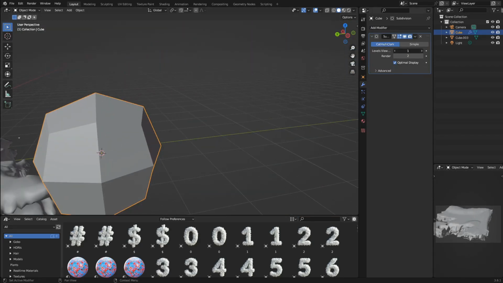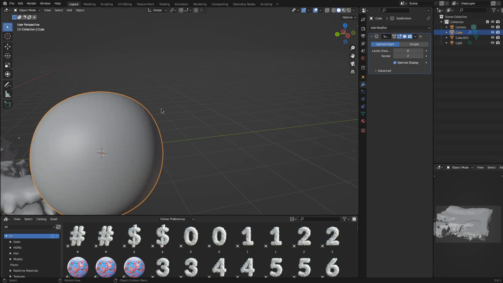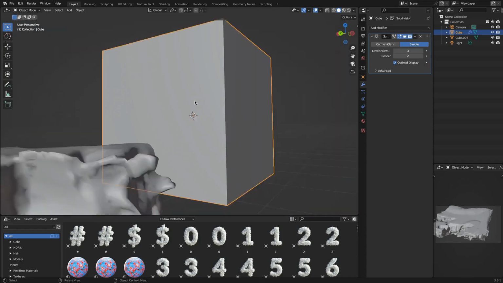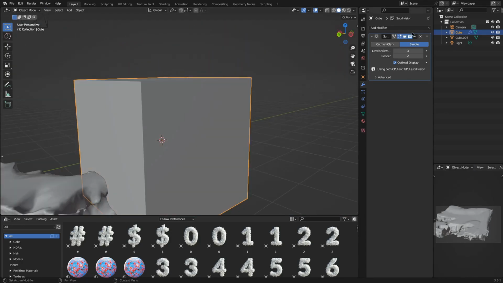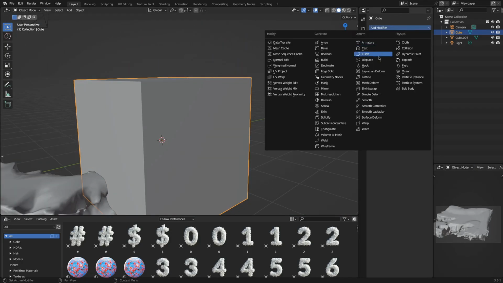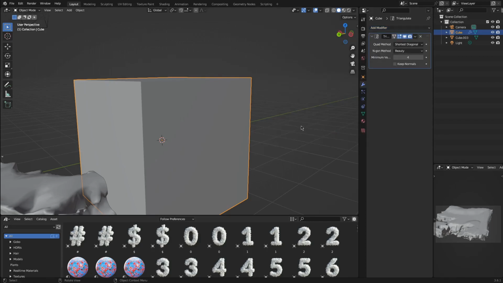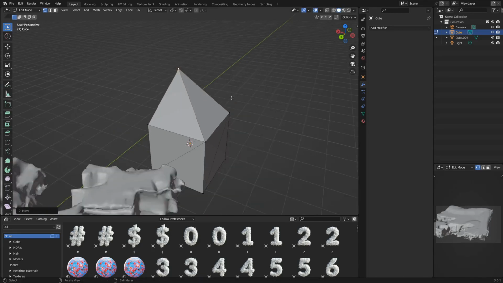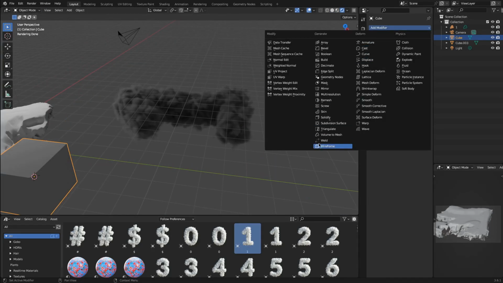The next modifier is a subdivision surface modifier, which adds more subdivisions to your mesh and also smooths it out. The power of the subdivision is based on how many you give. Triangulate turns all the quads on the mesh into triangles, and if you apply these changes, you can see it in action. The next one is volume to mesh,